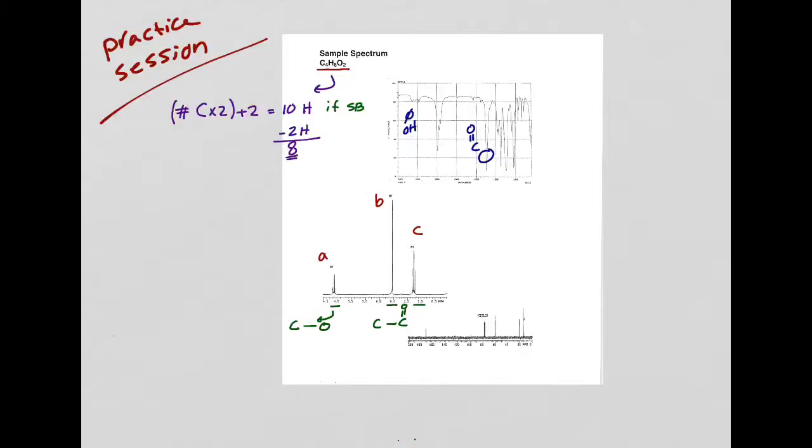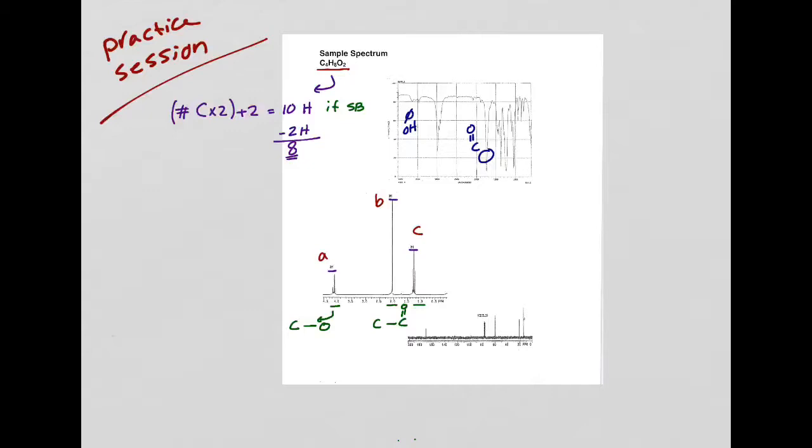So I looked at chemical shifts. Let's look at integration. When I look at the integration, this peak has 2 hydrogens, 3 hydrogens, and 3 hydrogens. Okay, not too bad. Now, peak A, what's the splitting? It's a quartet. So, what I know about peak A is that the hydrogens are attached to a carbon that is attached to an electronegative atom, oxygen, and that's why it's at 4 ppm. Okay, so